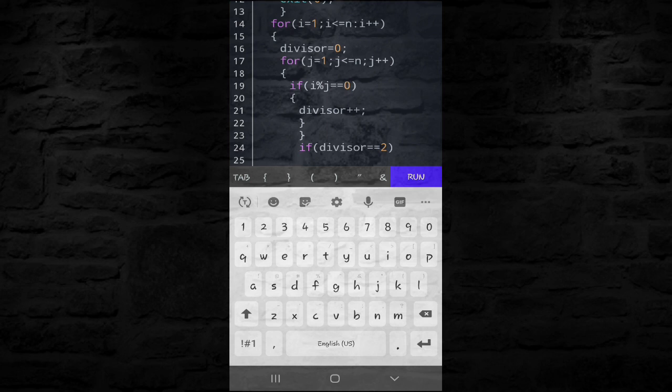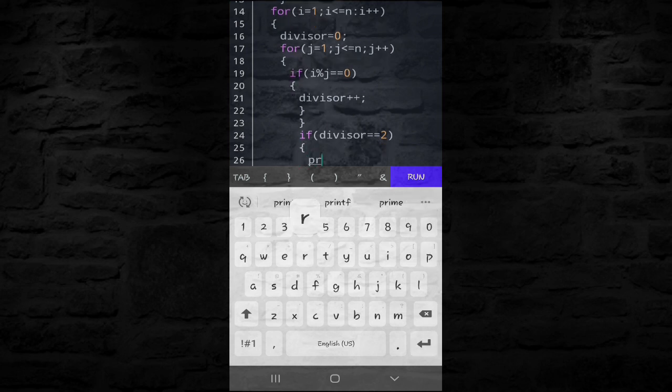So that is why we have taken divisor equals to 0, open brace, and let's print with printf %d because it is integer type, comma, it is the outer i.